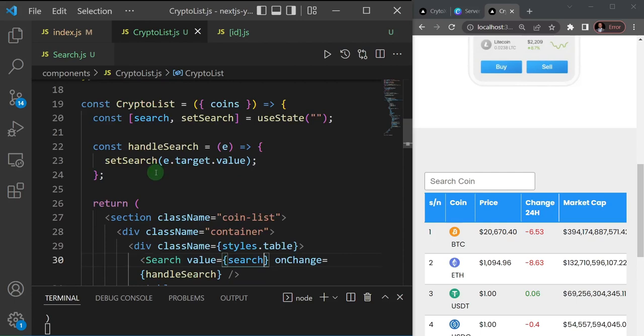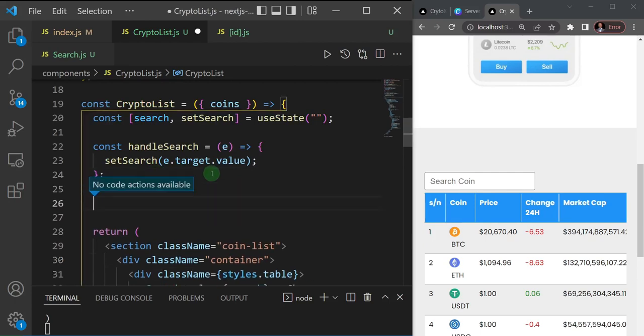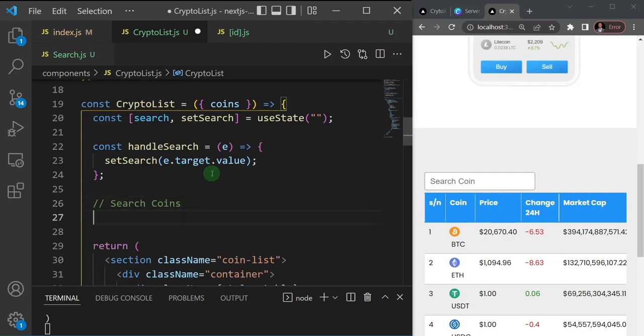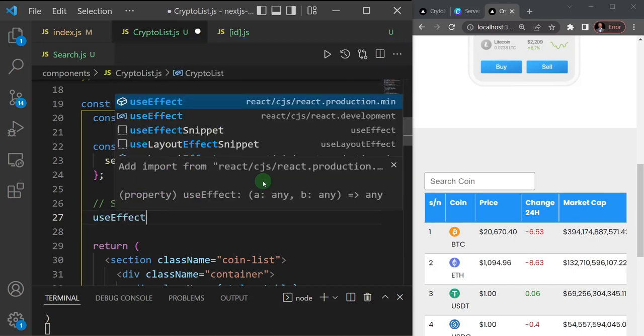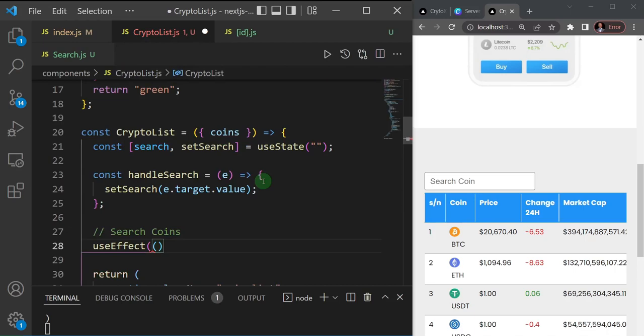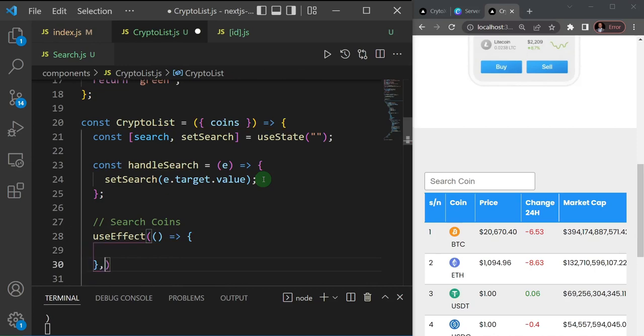And I'm going to do that just below this guy here. So let me add a comment and say search coins. All right, I'm going to do that inside a useEffect. So here I'll just add my useEffect like so. I'll open that up like this, and I would expand it. It's going to have some dependencies. Let me just put the dependency array first. I'll leave it empty. So what I'm going to do inside this useEffect is write a function